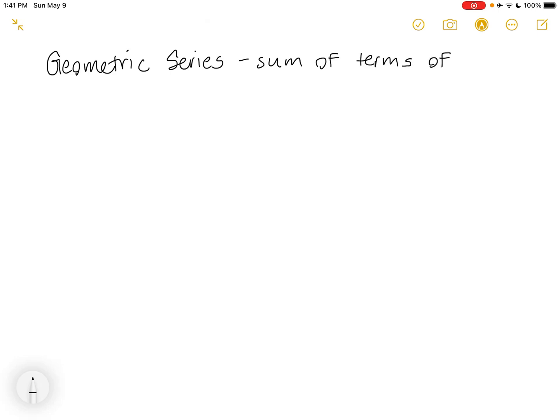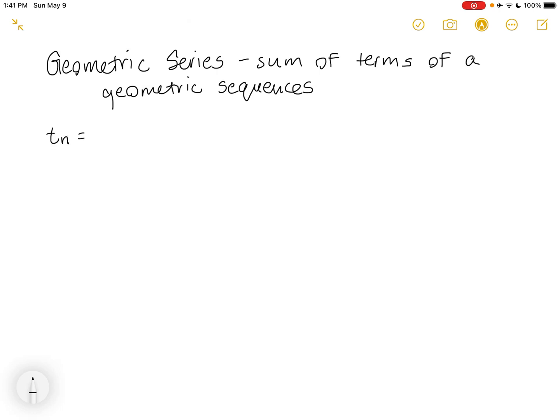A geometric series, very similar to an arithmetic series, is the sum of the terms of a geometric sequence. And we looked at geometric sequences yesterday. So let's say, for example, we have a geometric sequence where the general term, Tn, and I'm just making this up,